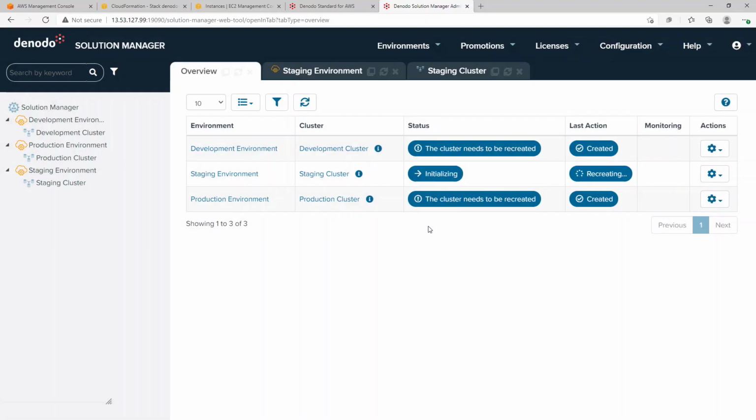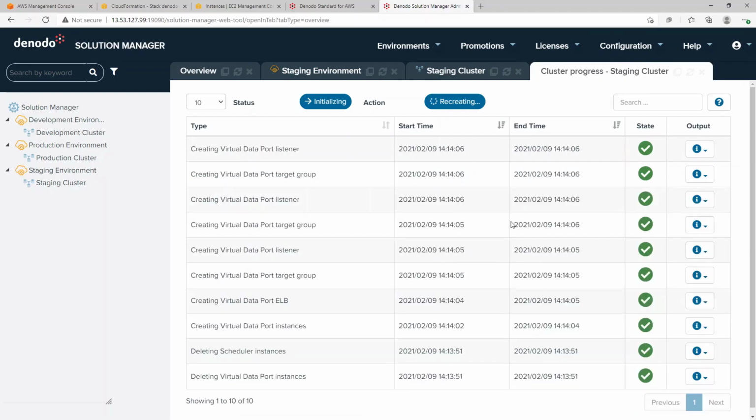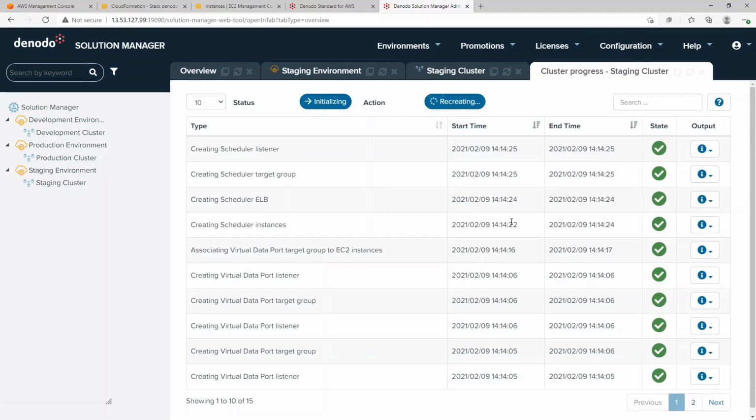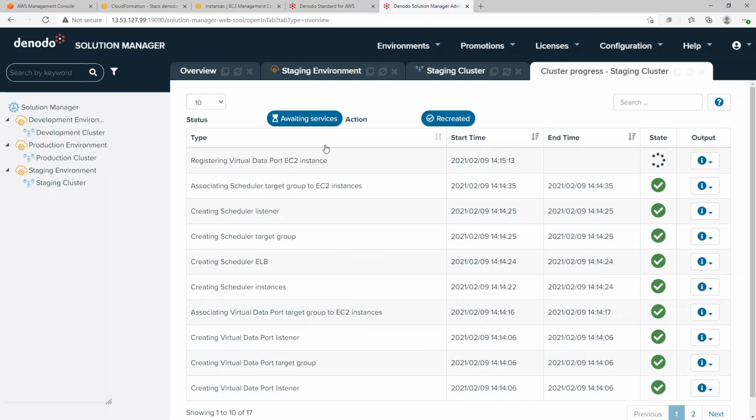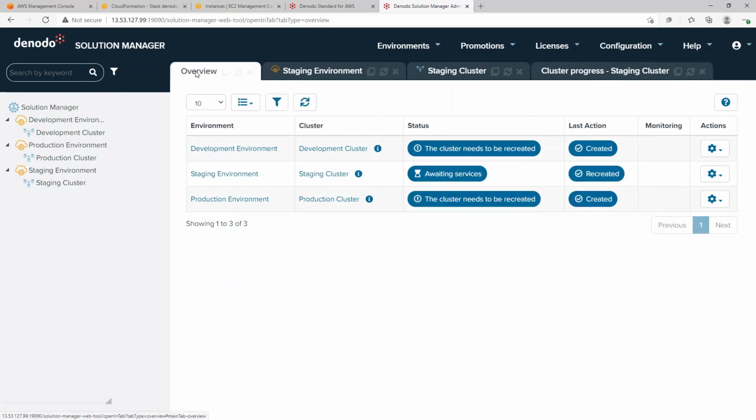After this, you can check the cluster creation progress by clicking on the corresponding last action. To complete the process, we need to also wait for the services to be started. Finally, the cluster with their corresponding instances have been created and the services have also been started.